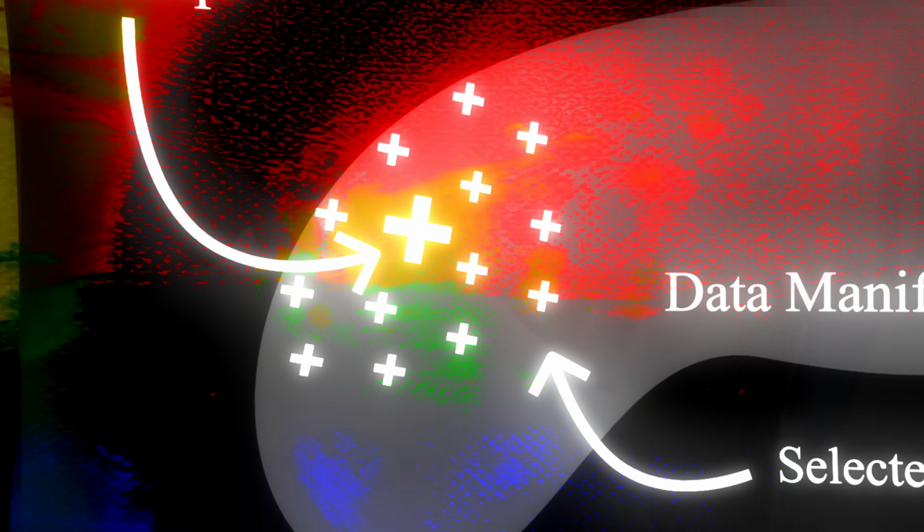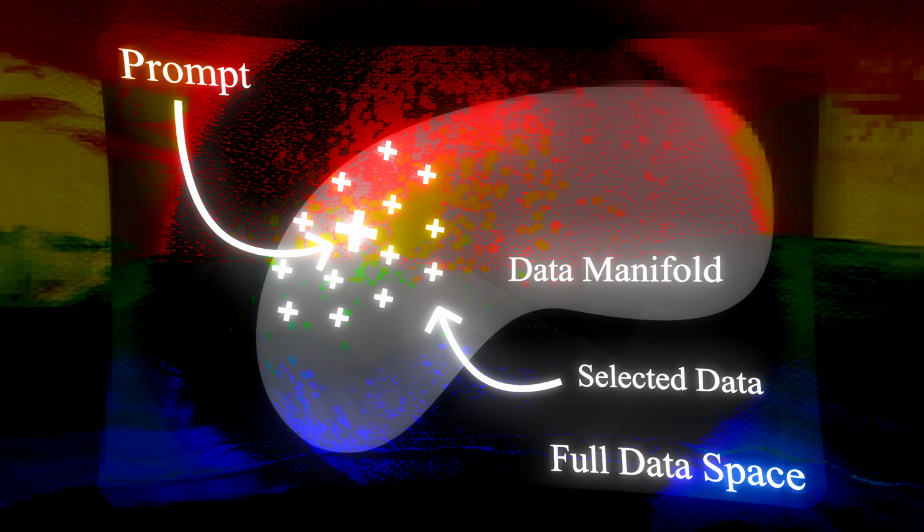So the $1 million question is, how do you do retrieval taking into account the interactions between the data points? This is actually quite straightforward. So what we do is